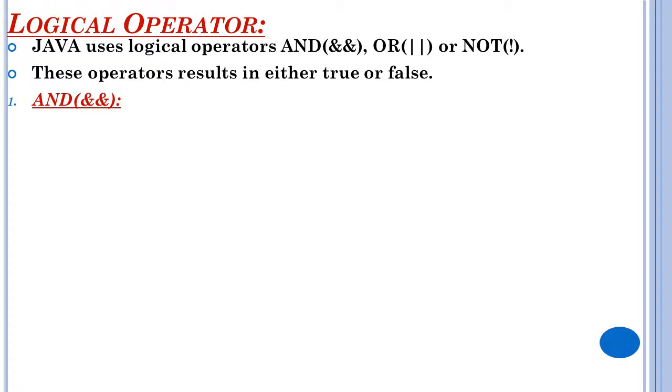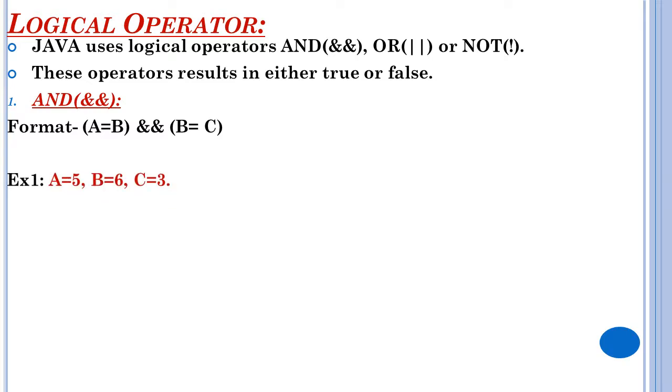Next, the first one is AND. Here we will deal with three operands, three variables: A equals B and B equals C. That is the format. Instead of the equal symbol, you can use any kind of relational operator symbol, greater than, less than, whatever you want. Here I am giving the equal symbol. This is the format of how to write: one expression, in the middle the AND operator, and a second expression.